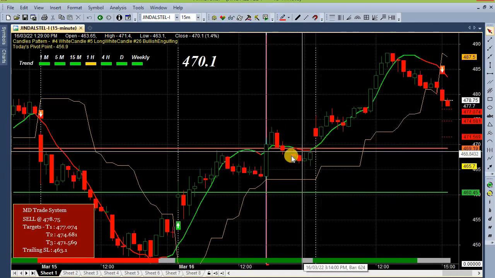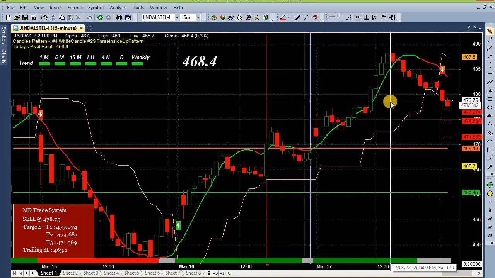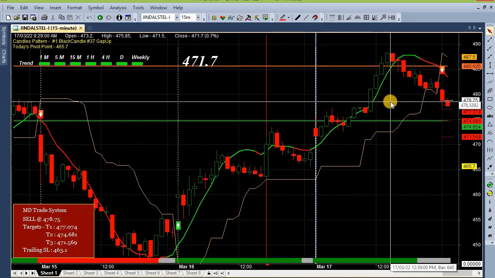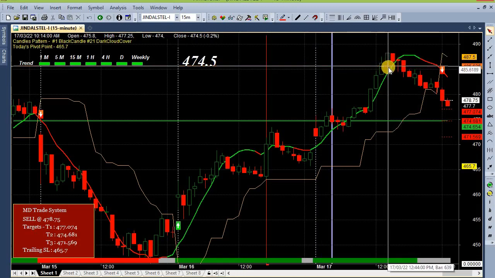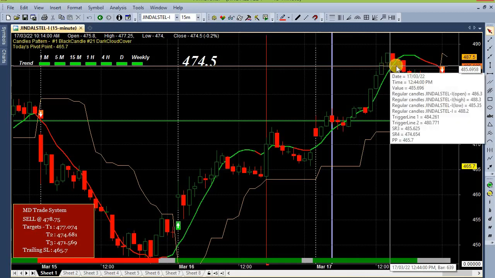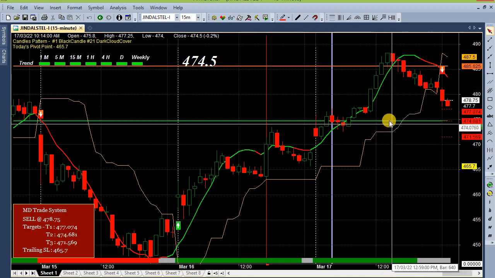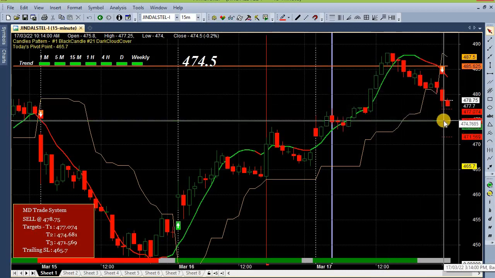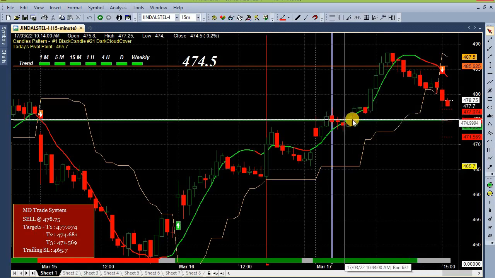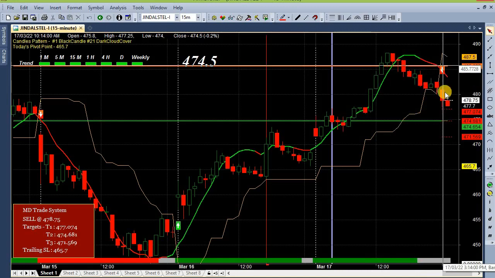One more thing, there are resistance and support lines. Depending on the market, it will change your resistance and support lines. Got it? Resistance means from the top end there is a resistance to the market, and from that point there may be a chance of the market getting reversed, right? When the market approaches the support line, there are chances that from that point the market may bounce back. So these are the meanings of support and resistance.